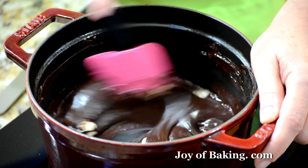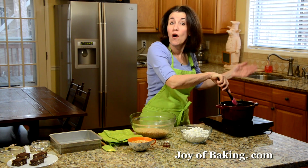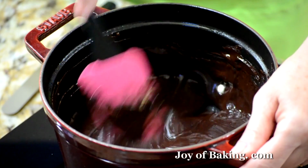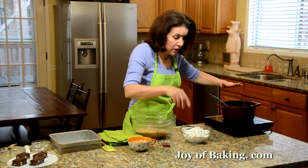Okay, so I don't know whether you can see this because I have a black pot and I have a dark brown mixture here, so it kind of all blends together. But see, it's nice and soft now. And the butter is almost melted. So what I'm going to do at this point,